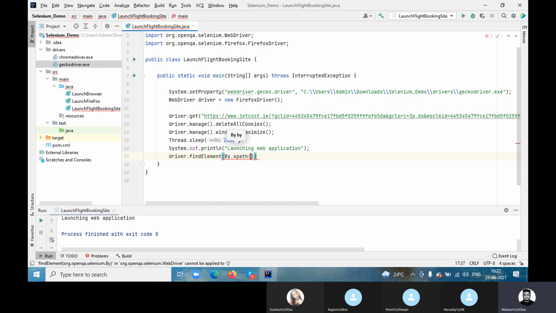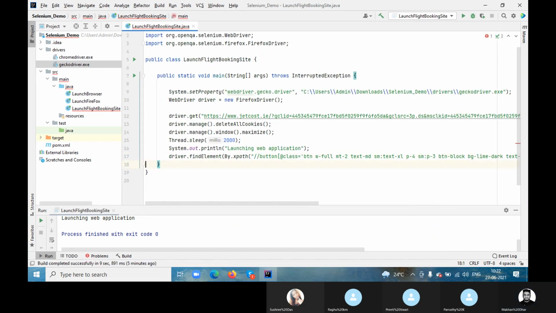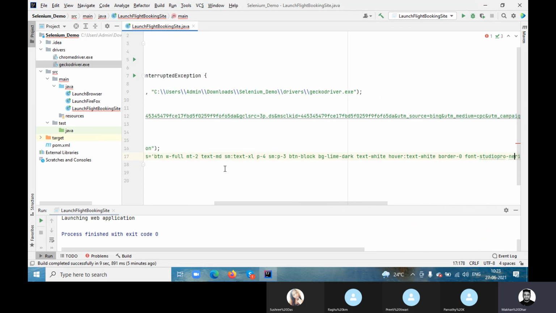Now under double quotes, you will just pass the element. What I did, I am repeating again. So driver dot findElement, dot whatever. If it's an ID, then you will type By dot id in small letters. Then within the bracket, in double quotes, you have to pass the element. Now this is what method.